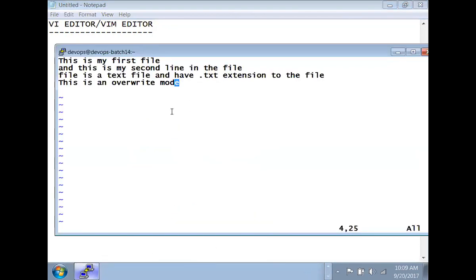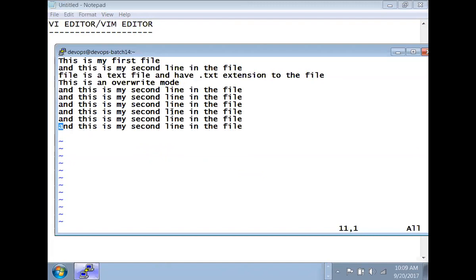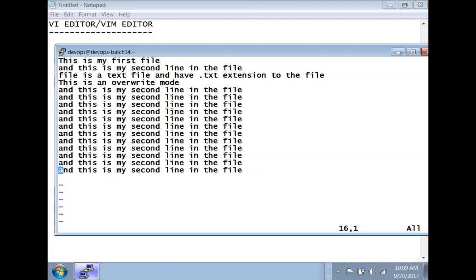Ready, steady, go. Now which line do you want to copy? There are 4 lines: 1, 2, 3, 4. Second line. Okay. Now what key do I have to press? Y. That means what? Copy. So I'll say copy. Done. Copy done. What do you have to do? Paste, for P. So where do you want to paste? Same line or at the bottom? I will say at the bottom. I will go to the bottom and I will say P. So it's pasting whatever is available in the buffer.